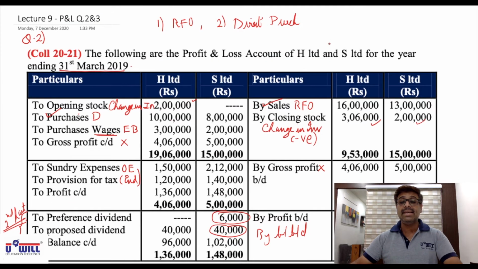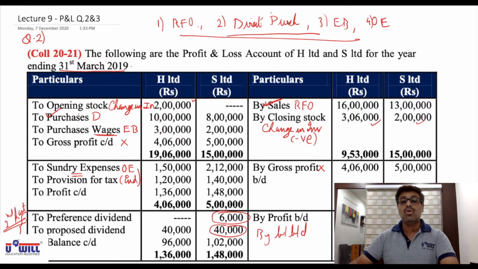Now employee benefit note you will have. They are also given to you, purchase wages. Finance cost we don't have. Depreciation we don't have. Other expenses we have. So fourth note will be of this other expenses, sundry expenses. It's done. That's it. Total 4 notes you all have to make. In revenue from operation from sales, you'll minus 60,000. In direct purchases from purchases, you'll minus 60,000 intercompany adjustment.